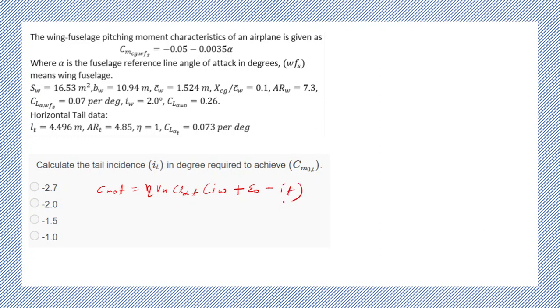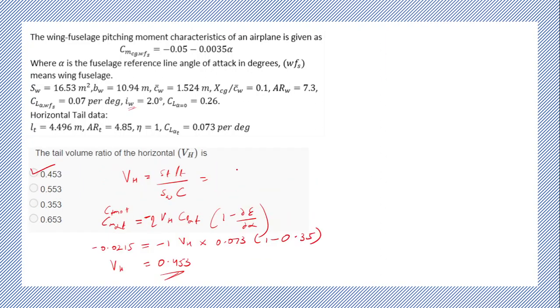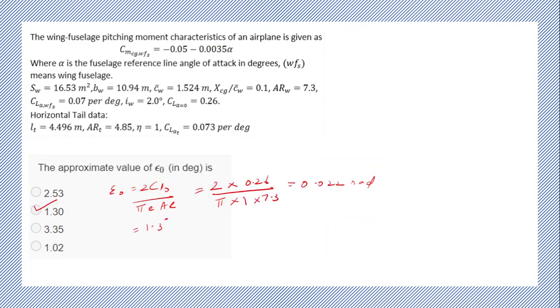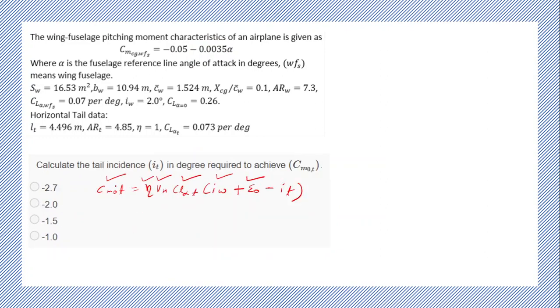Correct? So now you know eta, you know VH, you know CL alpha tail, you know the wing setting angle. We calculated this and we have this quantity. Only thing unknown is I tail. Okay, CM naught tail was 0.2. So I tail is